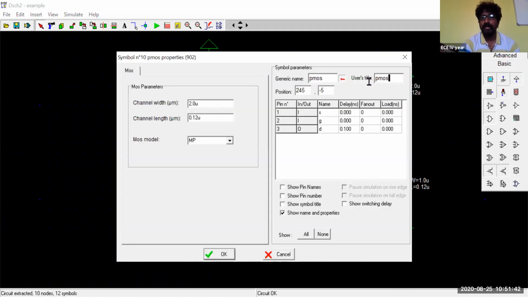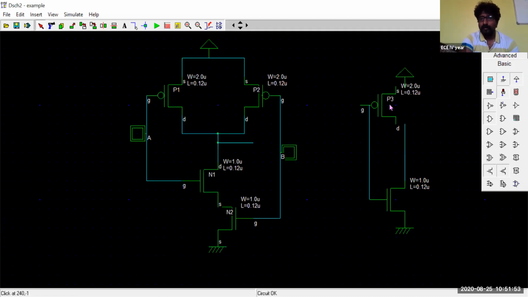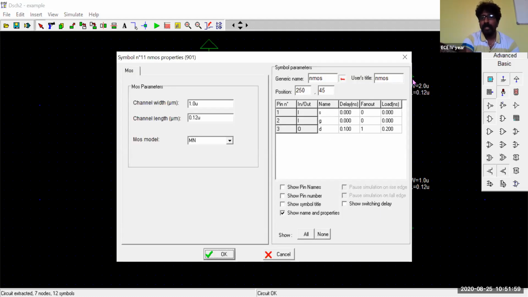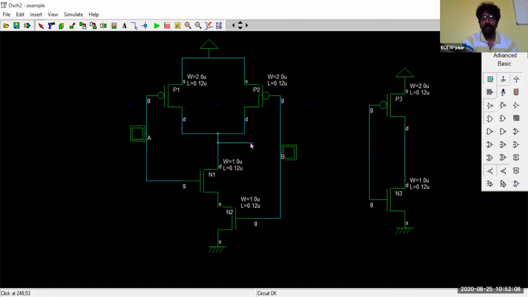The naming of the transistor, this is P3, and show the name, pin symbols. You can see the names as obtained here: source, gate, and drain terminal. It's a PMOS 3, and again N3. Show pin name, pin symbols. So now we have made the connections. Let me connect this one wire.